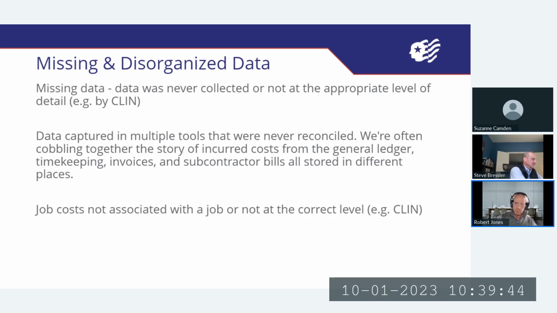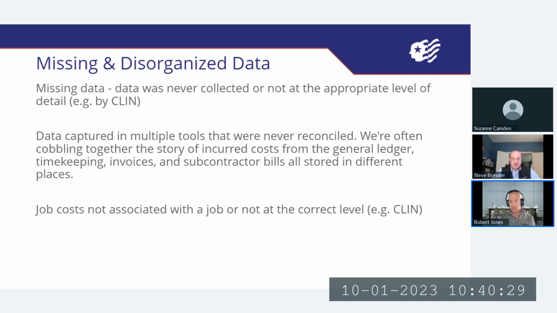Related to this, though, with having stuff in multiple tools, is that we are often left trying to help the client cobble together their entire story, right? The incurred cost proposal really is a story. You're telling the government at the end of your fiscal year, here's all the work we did. Here's the type of work we did by contract. Here's the work we did, by contract, by CLIN. Here's the money we spent by cost element. Here are our indirect rates. And you're building this all up in a story, and the punchline of the story is Schedule I. When it was all said and done, did we over or underbill the government?